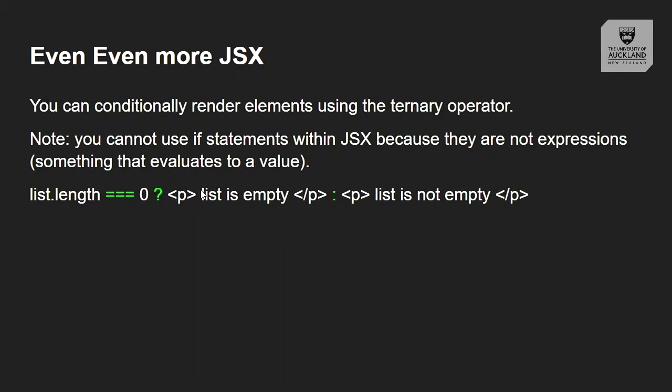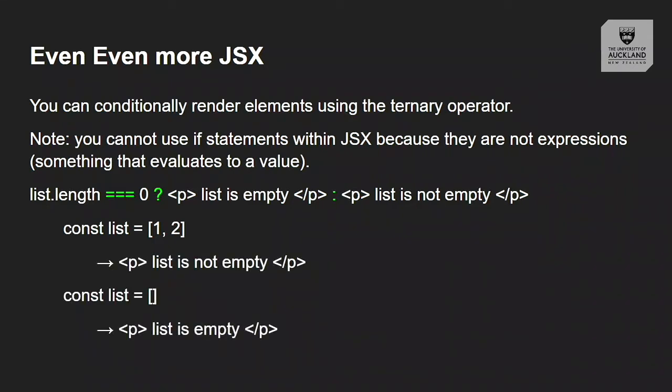So it will show a paragraph tag saying "list is empty." Now, if the length is not equal to 0, so this condition is false, it will show what's after this colon: "list is not empty." So if you have a list with something inside it, it will return "list is not empty," and if it's empty, it will write "list is empty," because it checks that condition and returns the correct